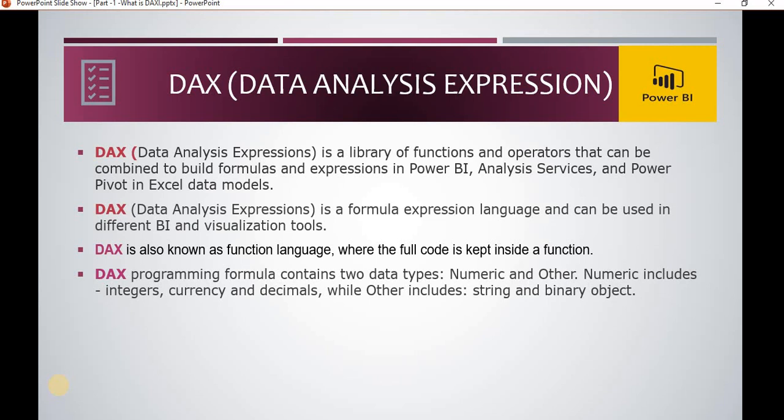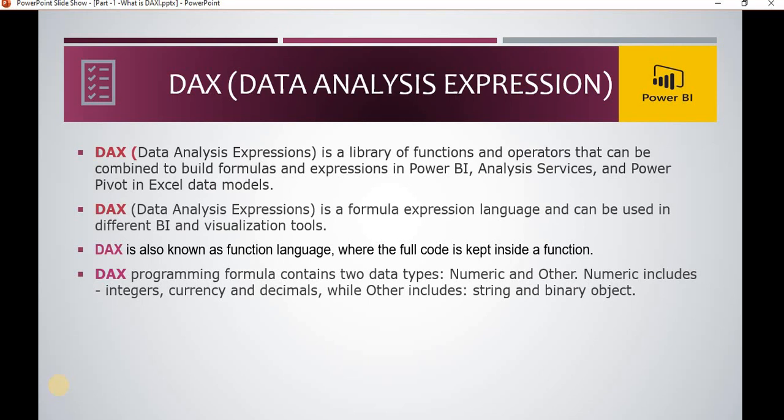First of all, what is DAX? DAX stands for Data Analysis Expressions. It means DAX is a library of functions and operators that you can use to build formulas and expressions in Power BI, Analysis Services and Power Pivot in the Excel data model.